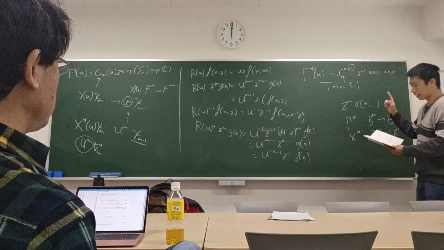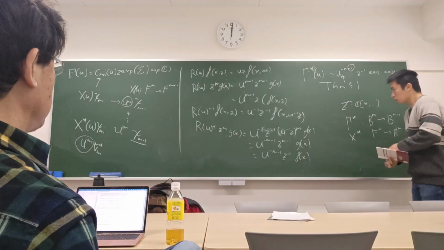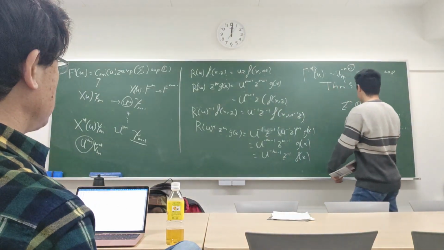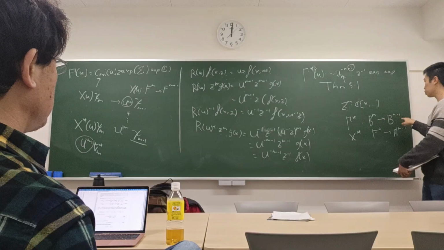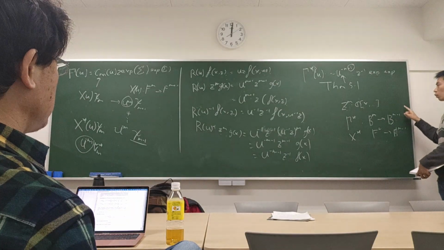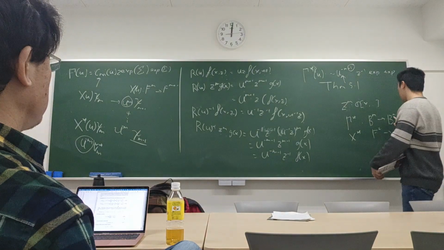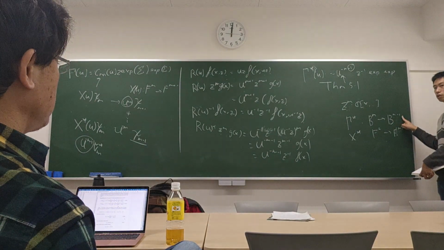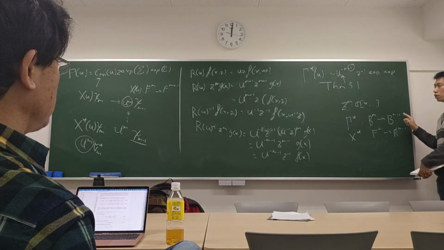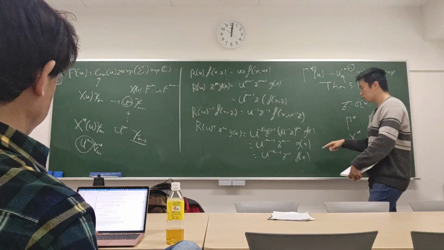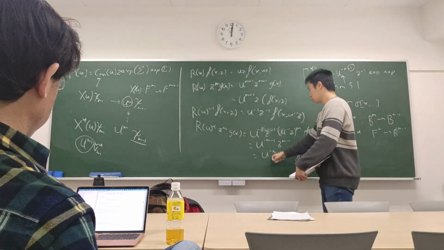So then what you have is that this part, if it's z, gives you Zm plus 1, which puts you in Bm plus 1, right? If you have Z minus 1, then it puts you in m minus 1. So then the U part gives you